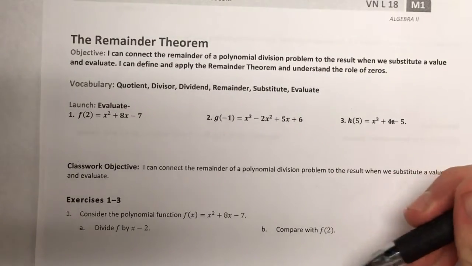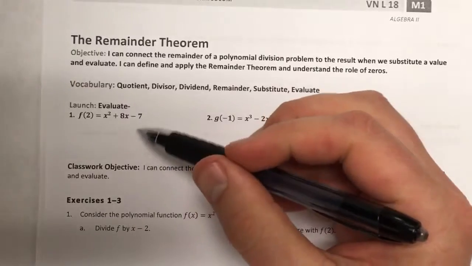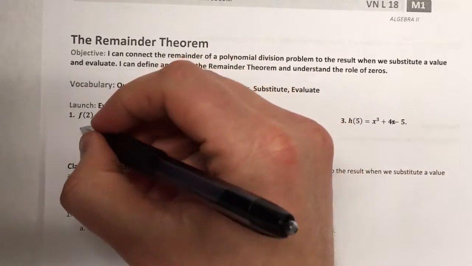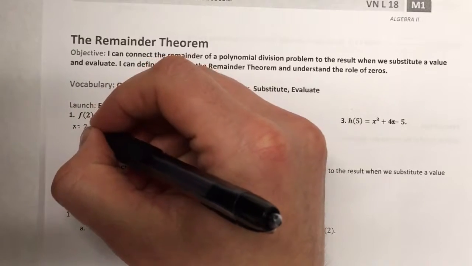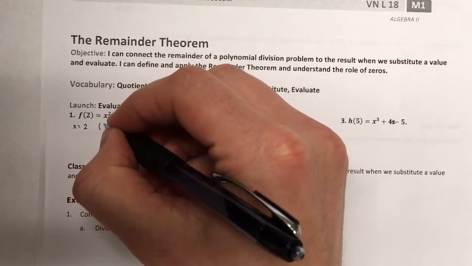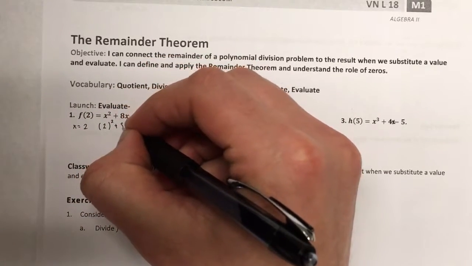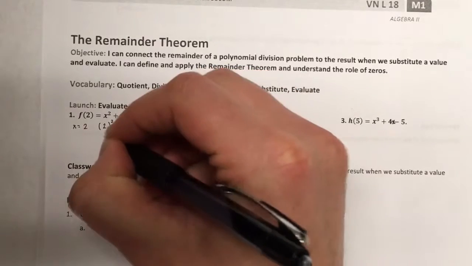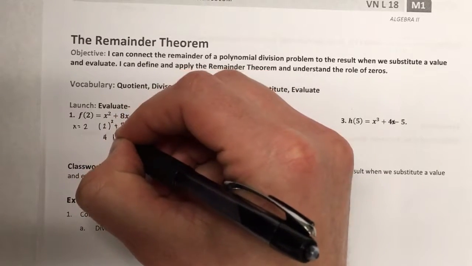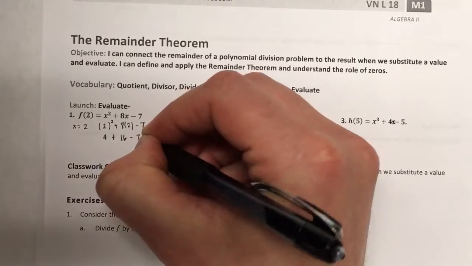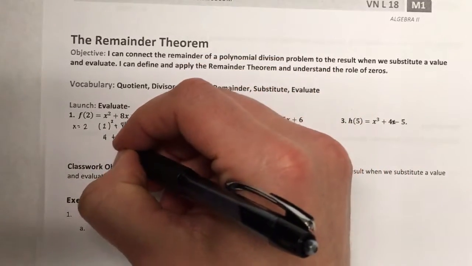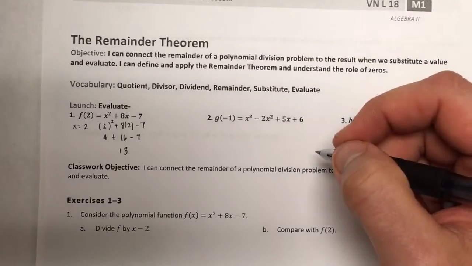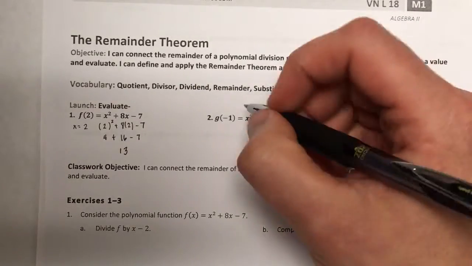And so the first thing we're going to do is just evaluate, kind of review, f of 2. What this really means is that x equals 2, so I'm going to substitute it in. 2 squared plus 8 times 2 minus 7. 2 squared is 4. 4 plus 16 minus 7. That's 20. 20 minus 7 is 13. So pretty quickly,